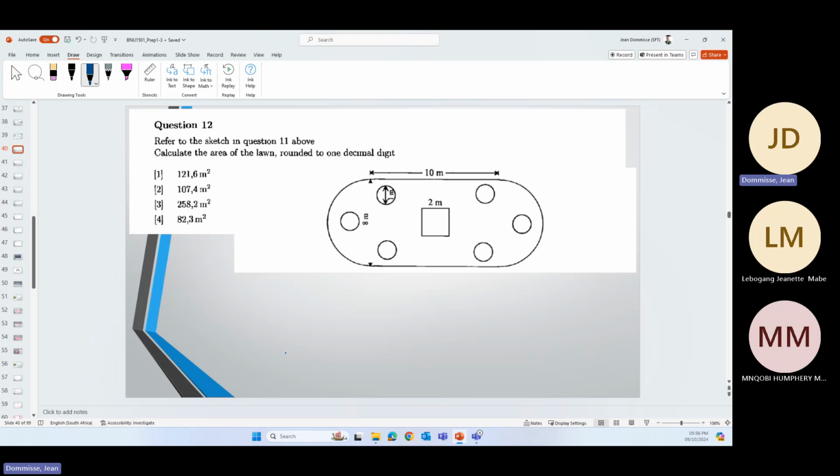So the next one, normally then after we've done the perimeter, would be that we need to calculate the area. But now they're asking us to calculate the area of the lawn. Okay, so we need to calculate the area of the lawn. So again, first we will need to calculate the area of the lawn, which is the semicircle plus the rectangle plus the semicircle. Then we will need to subtract all of these things that are in the garden that have taken away pieces of the lawn. But let's first do the bigger area